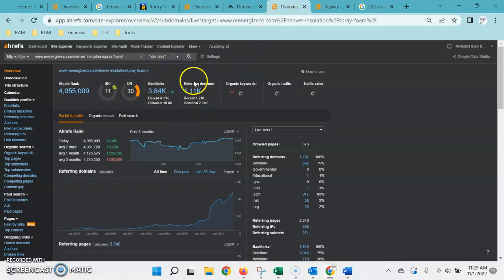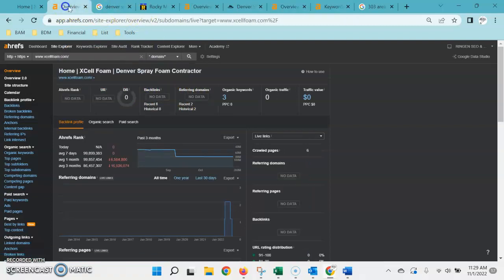Also, when you're looking at some of these numbers, this is a whole lot, 1,000, 1,100. This is definitely a lot to try to compete with, but this company does a lot more than just spray foam. So they have to be linking directly to, and like I said, related to your actual service that you're doing in order to transfer authority for those.